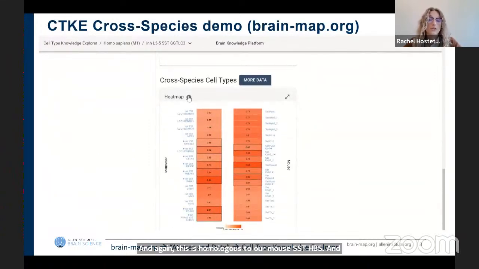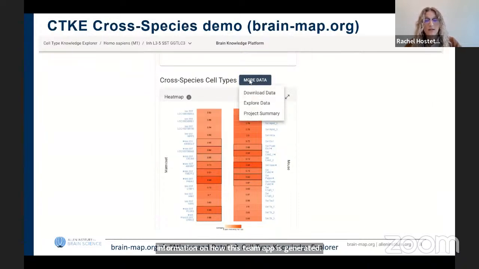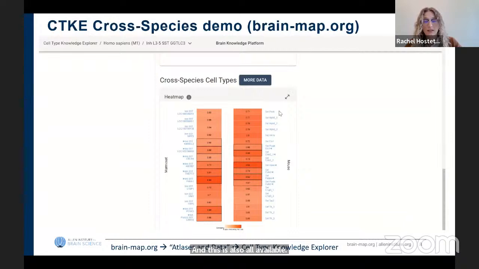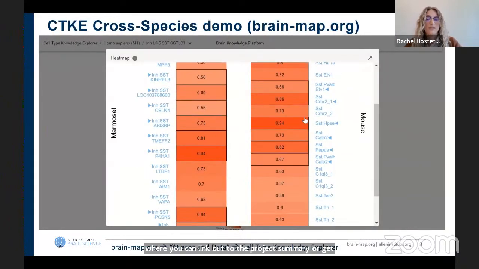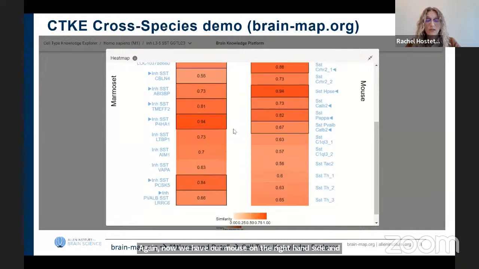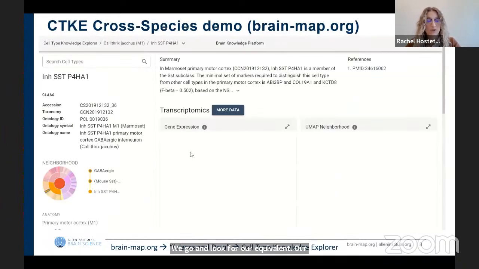And now if we go back to the heat map again, here's some information on how this heat map was generated. And this is also all available through our data links where you can link out to the project summary or get the DOI to the paper that explains this. Again, now we have our mouse on the right-hand side and our marmoset on the left-hand side. If we go and look for our comparable cell in the marmoset, we see one here with 0.94